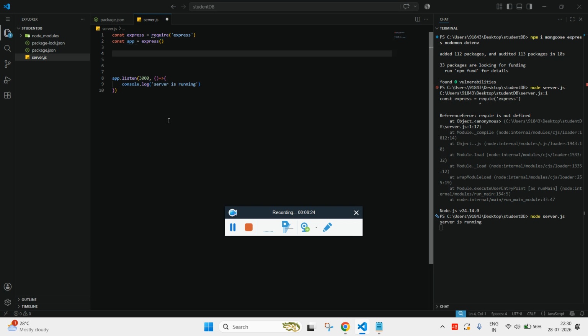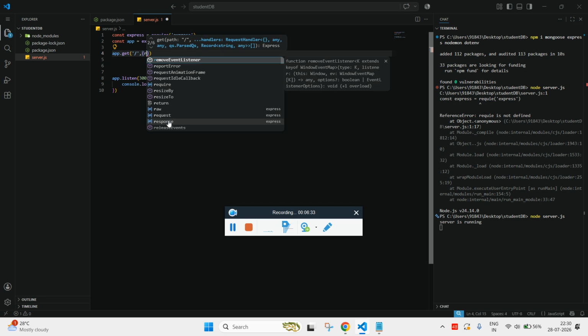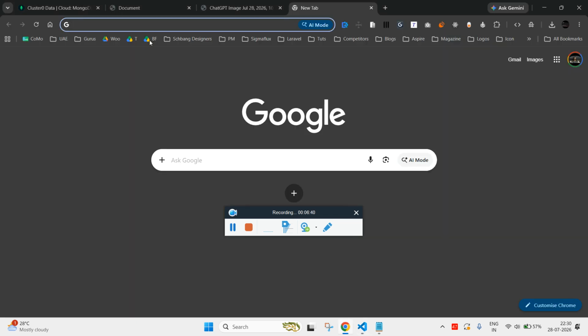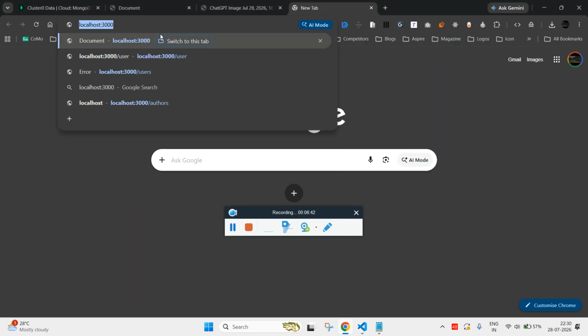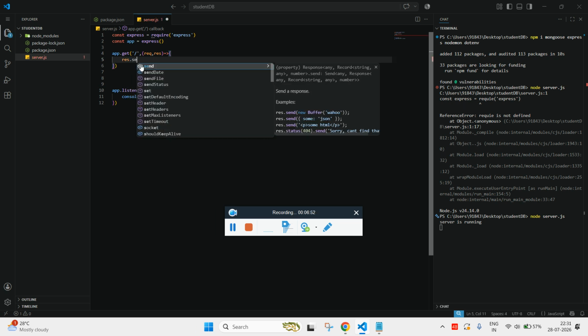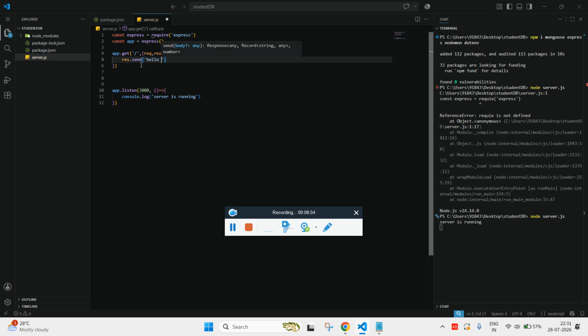So in that case I'll be creating a basic route, app.get. The first parameter is the URL, and the second parameter is the callback function that can send a request and response when someone hits the home page. So here, this is considered as home page. So if I click enter, let's just send response.send hello, let's just say hello